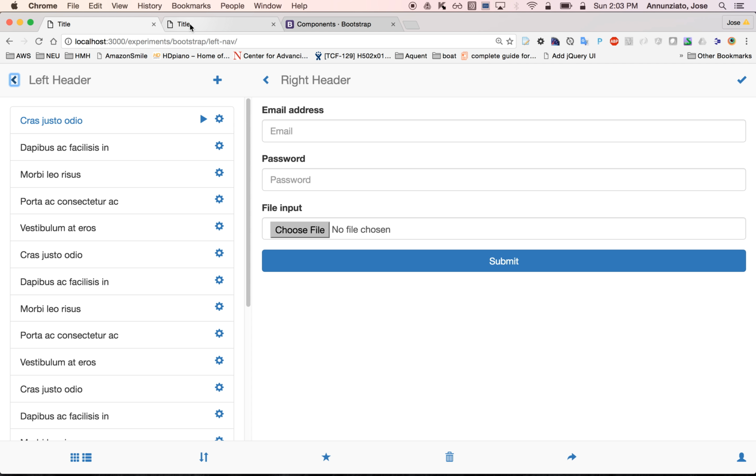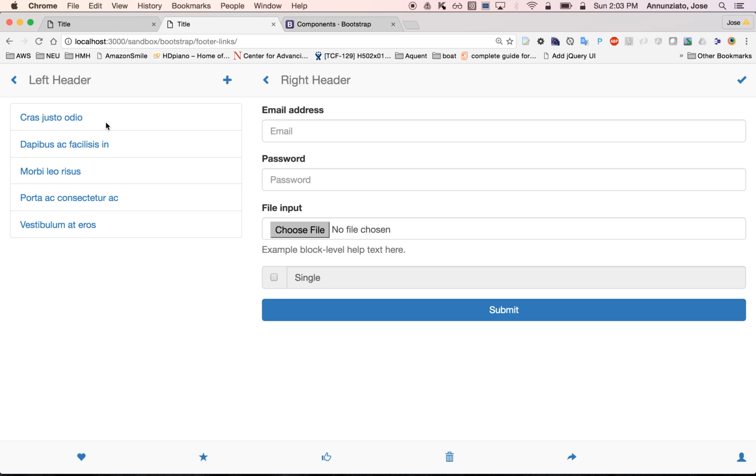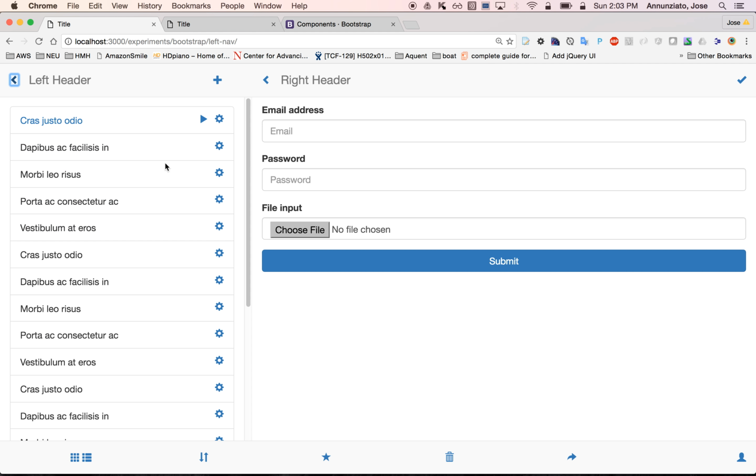So to do that, notice that we've already actually created a link out of the name or the label of the item label from this list of items, but we don't have any links on the right hand side, which could be used like for manipulating the item, maybe for remove. You want to delete the item, or you want to configure the item, right? You would click and then be able to